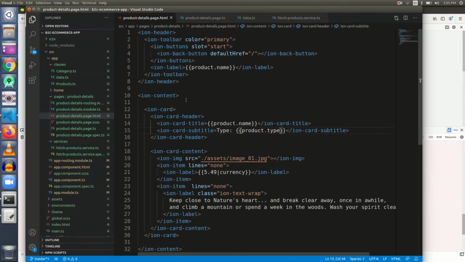So let's go back, and this is the image, so we are going to delete it and we are going to paste product.name and we are going to give it image. So we have, and here we have the price, so product.price here.